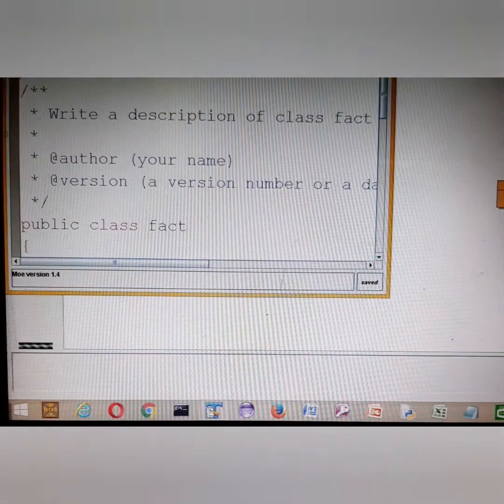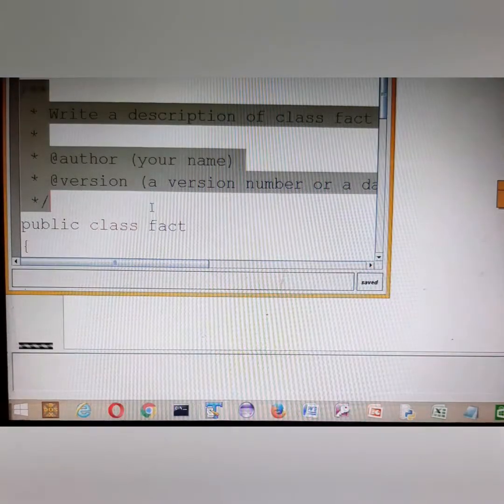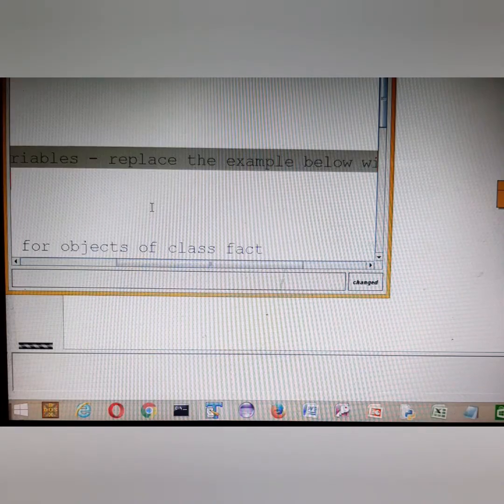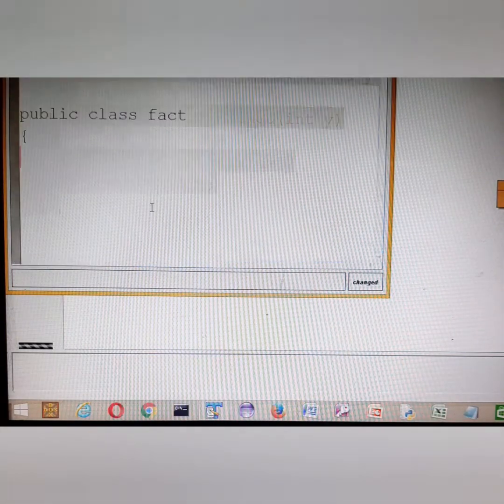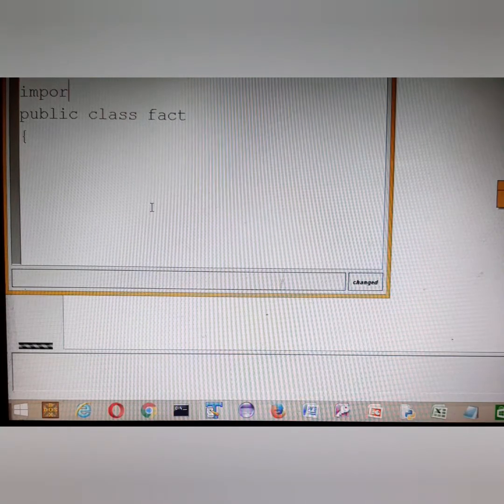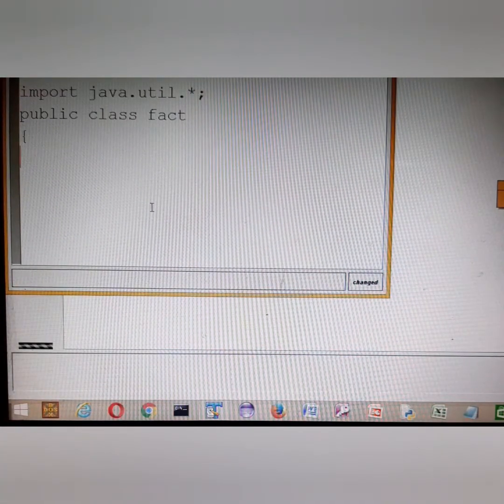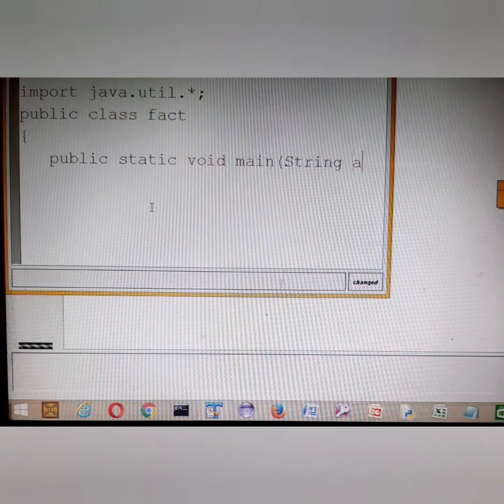And here my class name is present already, public class fact. We will take the number from the user using Scanner. We will import here java.util.*, and then here we have got public static void main, String args.